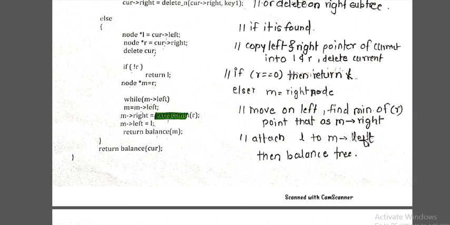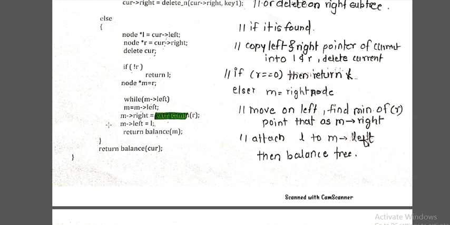In the right subtree you will find your minimum value, and that minimum value you make M's right. So to the right child of the node we have deleted, we are applying the minimum which we have extracted. R means your right pointer. So in the right subtree we find the minimum node, which is what we actually do in the delete operation of the AVL tree. Then we replace that node with that right value, and its left becomes whatever the L was. The left is not going to change, so left will remain the same.